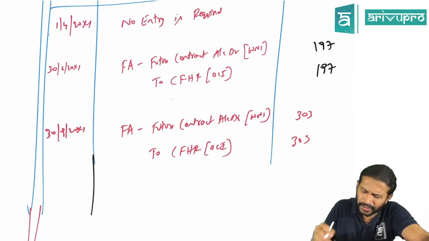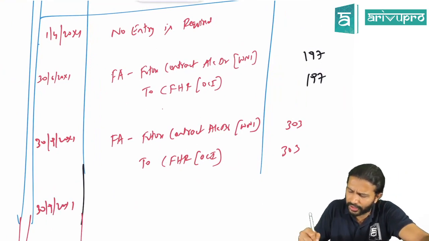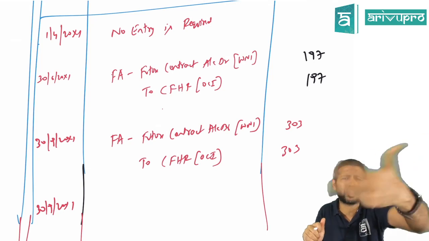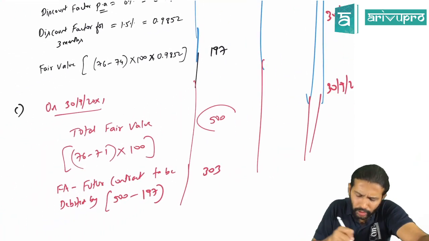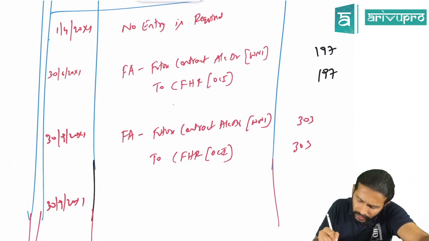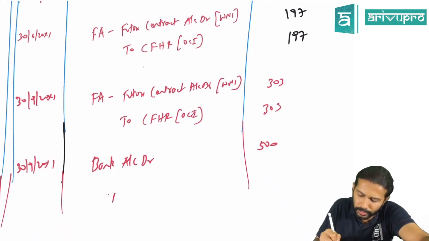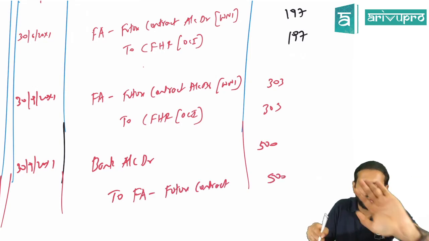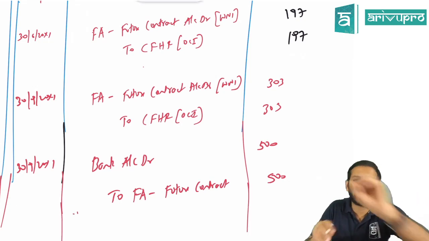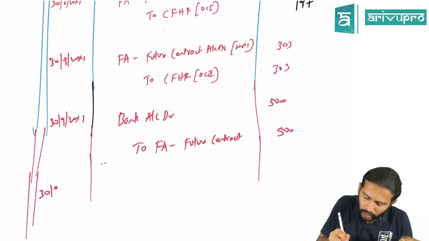Alright, now onwards, simple funda. On 30th September 20x1, this derivative contract I generally settle on a net basis, right? So how much gain will you get in total? You made a total gain of 500. That much will be paid to you. So you'll pass the journal entry: bank account debit 500, you'll receive this much money, that's your gain, to financial asset, future contract, 500. So your derivative, that is the financial asset future contract account, is fully closed off. That's all. Fine.